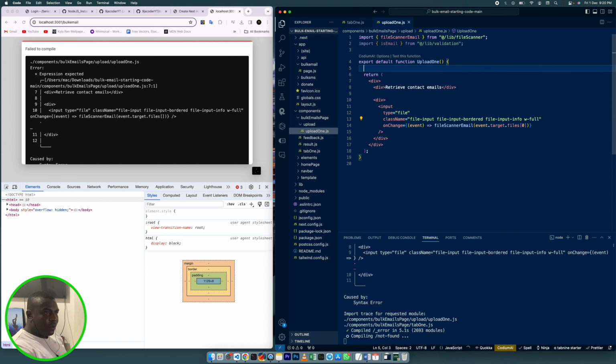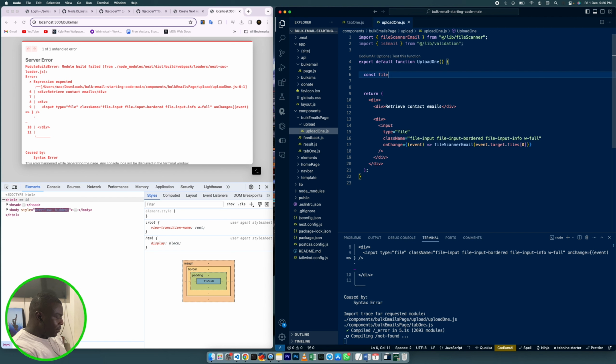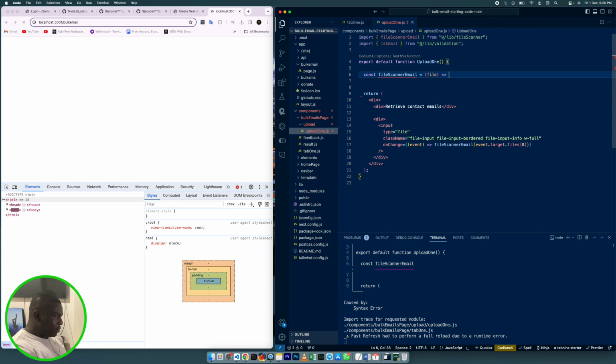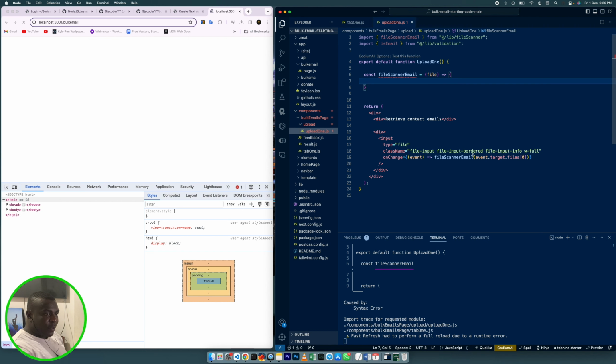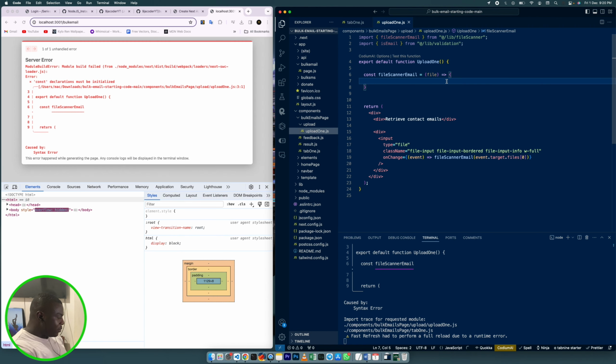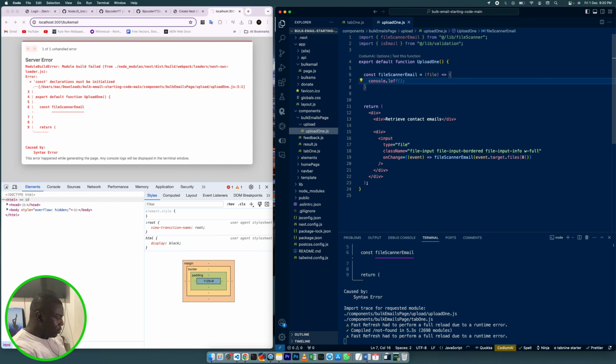All right, so now we come over here and we say constant file scanner email, right? And we say file, we get a file. This file is a parameter. This is what we're getting over here. So we get the file. The first thing we want to say is console.log